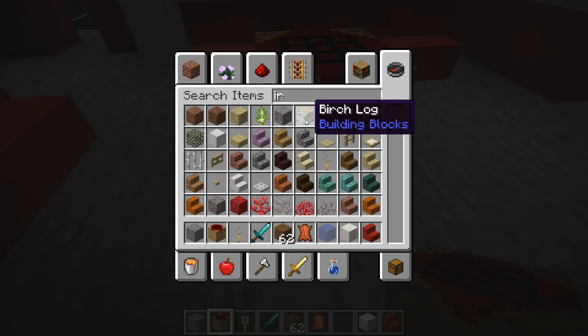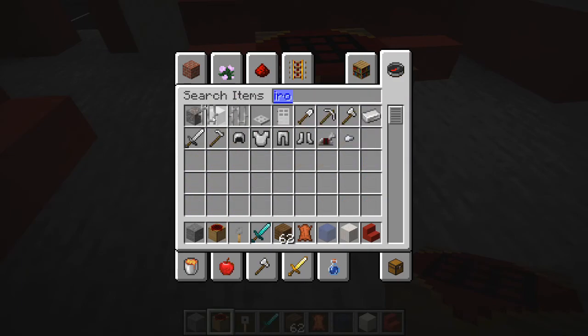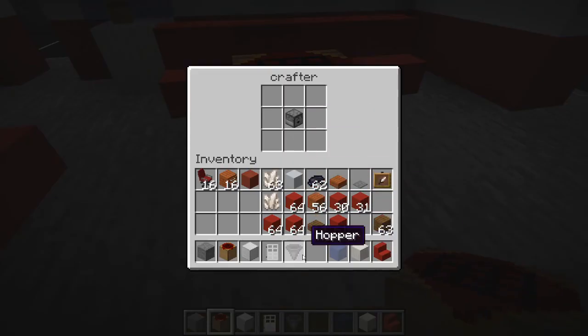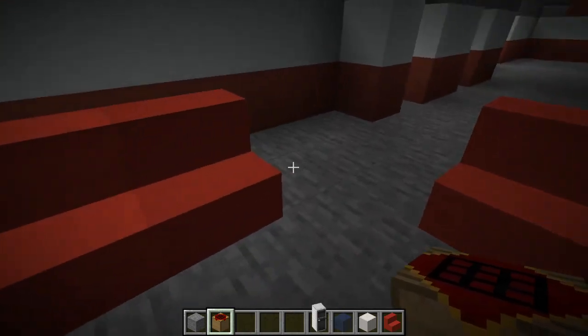I need iron blocks. Oh, wrong thing. I need an iron block, an iron door, a hopper and a dropper, I think it was. Put that there. Dropper. Perfect. Now the dropper goes in the middle, I think. Hopper on top, iron door at the bottom. And then surround it in iron blocks. Perfect. Right. So now we just...